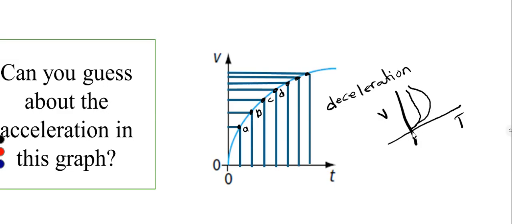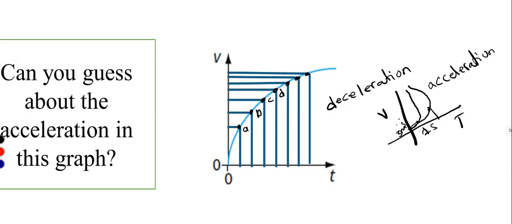Now if you have a graph, and in that graph the velocity is changing, and this change is not uniform, this is also called acceleration. But here it is not changing uniformly. Let's suppose if in 1 second the speed here is 3 meter per second, but in the next second here,